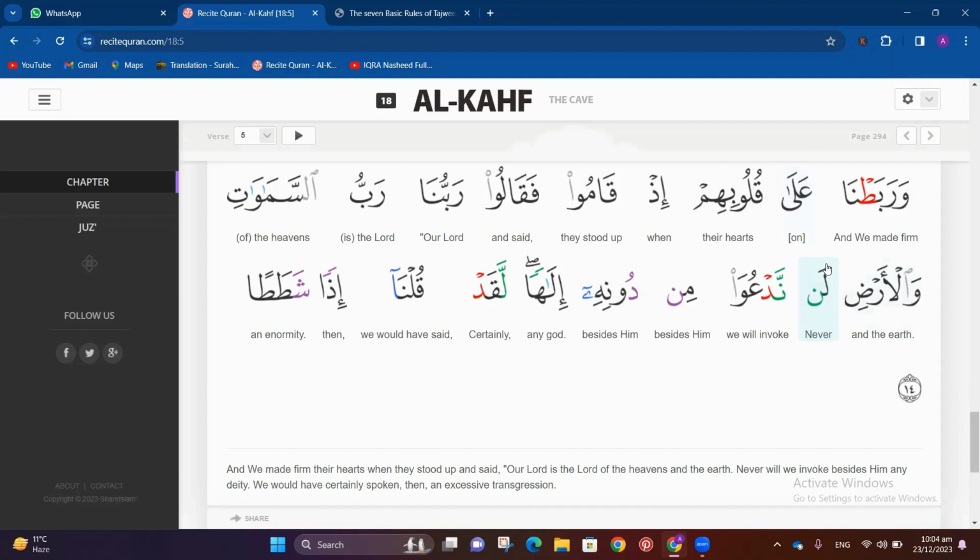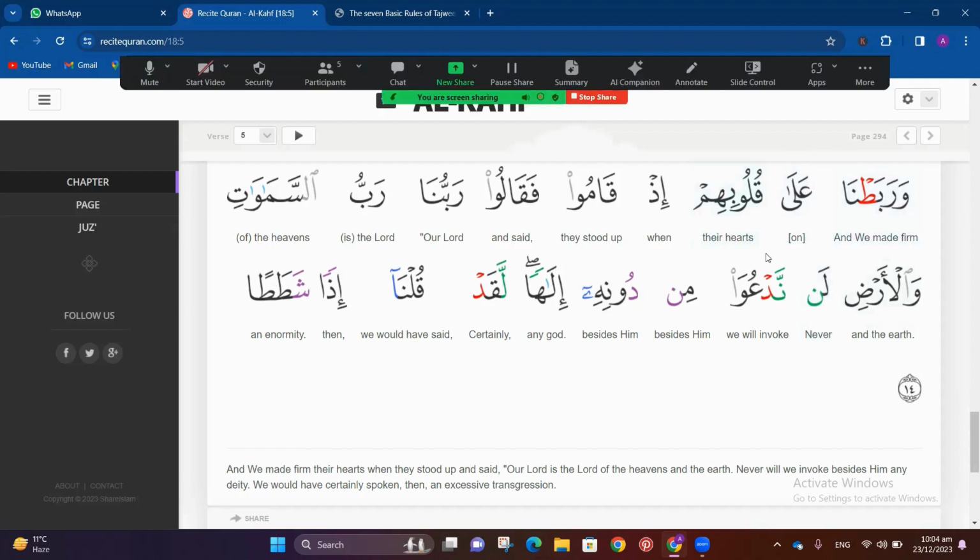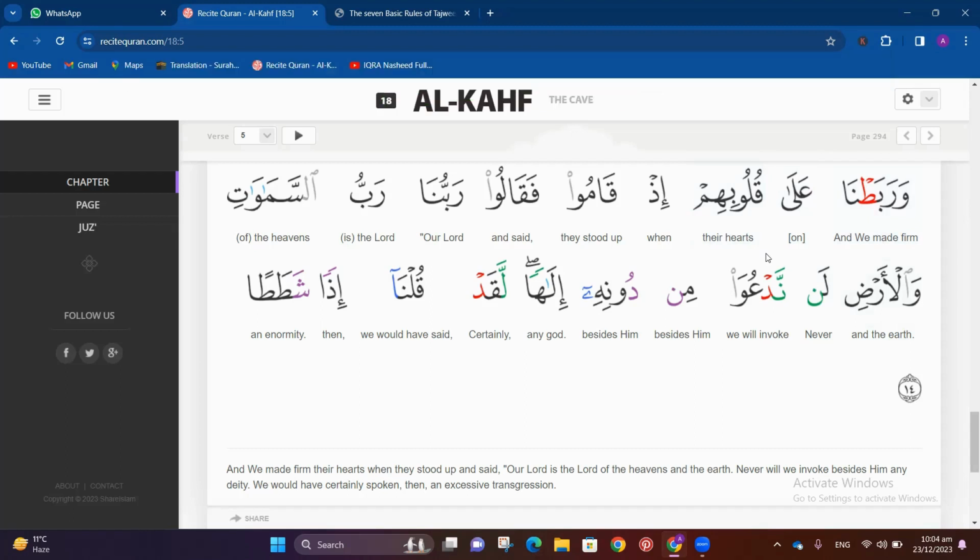على قلوبهم. And then there is this qaf. Qaf. So qaf is articulated when the back part of our tongue touches the soft palate, with strength, like qaf. And in qaf, we are not going to shape our lips in a round position, okay? قلوبهم. But because here qaf has dhamma on it, automatically our lips will be round. But when qaf is going to have fatha, the above slanting line on it, we are not going to shape our lips round, okay?